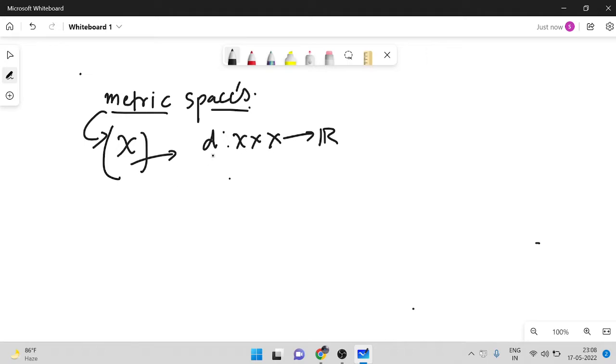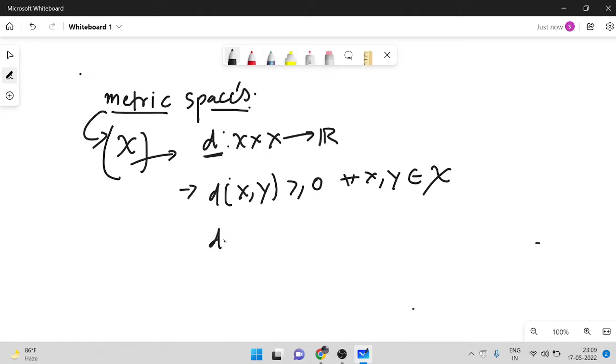This particular map takes an element from the set and another element from the set and gives out a real number, and it should satisfy the following properties: d of x comma y is greater than or equal to 0 for all x comma y in X, and distance of x comma y is equal to 0 if and only if x is equal to y,